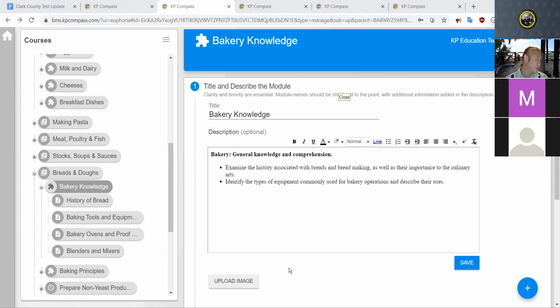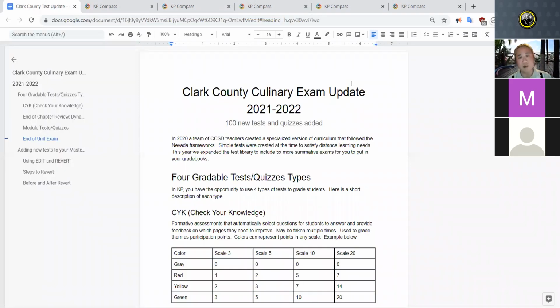Okay. All right. So the big part of this is refresher, but we're also launching a new addition to the Clark County or Nevada version of the culinary arts curriculum. And hold on, let me make sure. So this document here, which I will be emailing out tomorrow, so you'll probably receive it from Shannon